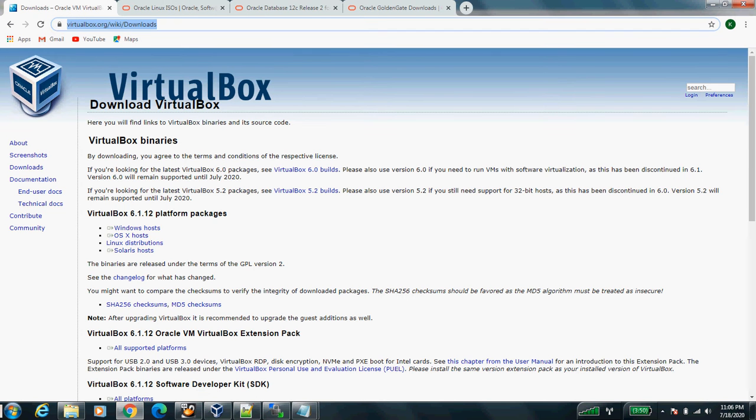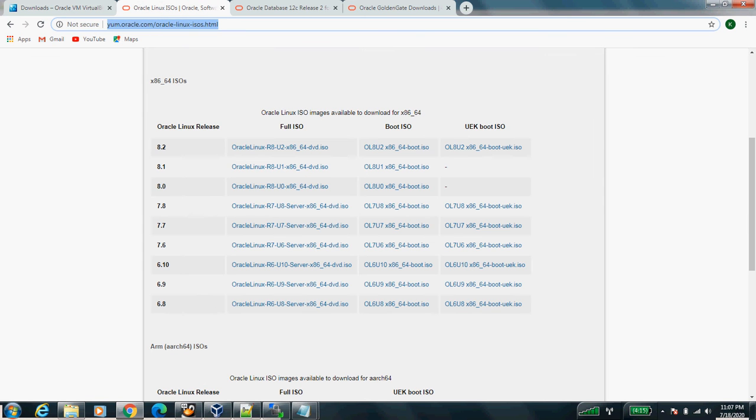So as I said, the first one is Oracle VirtualBox. So if you see here, when you log in here, Oracle VirtualBox gives you a few options. So if you are on a Windows machine, you should install the Windows host, and it's very simple to go ahead and install it. Sometimes you might need an extension pack, so you can click on this link and install it. Then you need an ISO image. So here's the link,